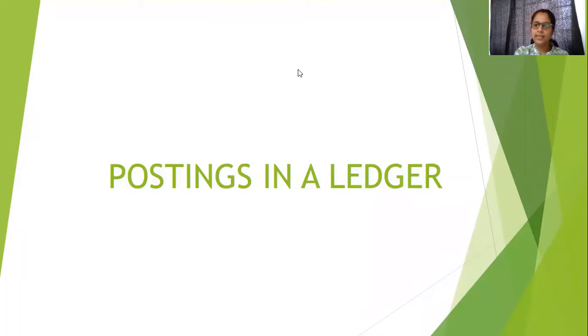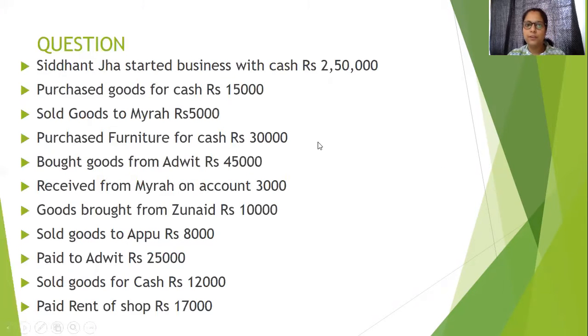So, postings in ledger. In order to post in a ledger, we need to first do journal entry. As I told you, it is a step-by-step process. So before posting in a ledger, you need to do journal entries. And to do journal entries, you need to know golden rules of accounting or the concept of how to do the journal entry, or through accounting equation method, whichever you follow, you can do the journal entry. I'm not going to discuss how to do journal entry in this video. Only I will discuss postings in ledger. As I have already discussed this, you can check in my previous video how to do journal entries.